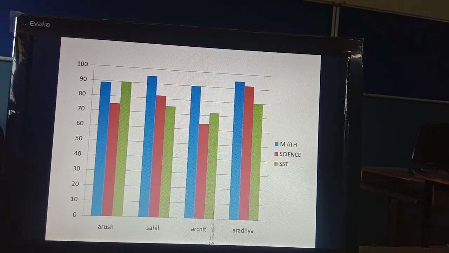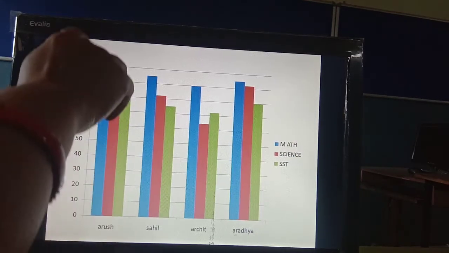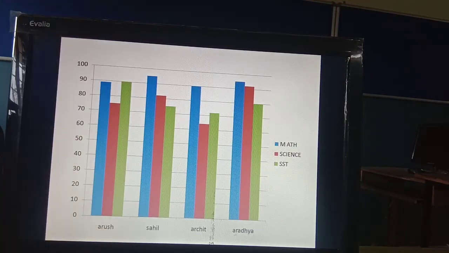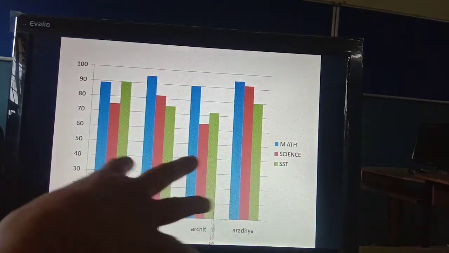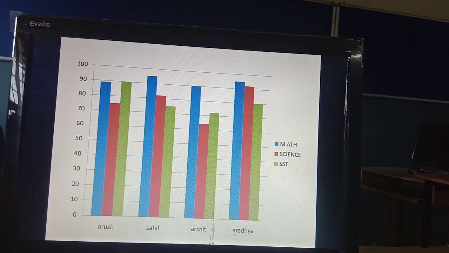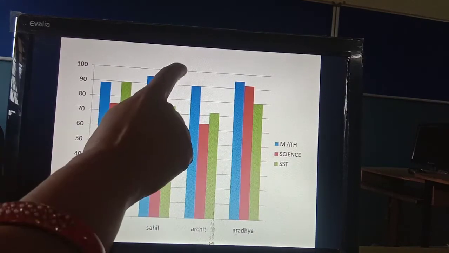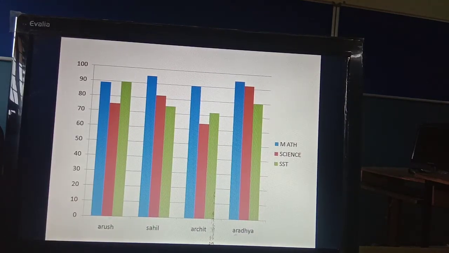The value axis is the vertical one. It is also called the y-axis and the value axis. In the y-axis there are the values of the plot. The values of your whole chart and plot are stored and displayed here. These are called the value axis and y-axis. So this is your value axis, this is your category axis, this is your chart area. Three things we have learned.